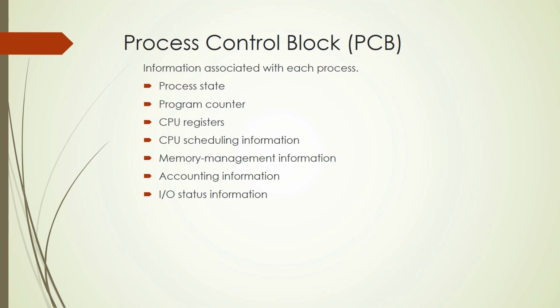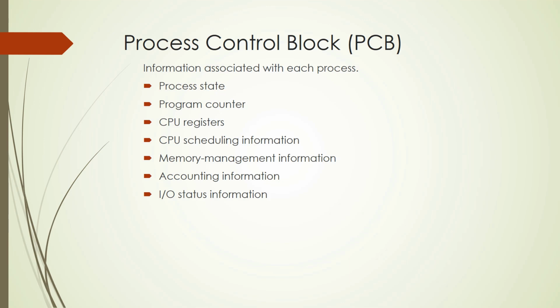So it may contain the 5 states I have just mentioned: new, ready, running, waiting, and terminated. Next is the program counter, which keeps track of the next instruction to be executed. Then the CPU register. So there are actually several registers. If you have already studied in computer organization and architecture, there are index register, general purpose register, stack pointers, condition code. Also CPU scheduling information. This includes process priority, pointer to scheduling queues, and other scheduling parameters. So we'll discuss the scheduling algorithm and scheduling information later in the chapter.